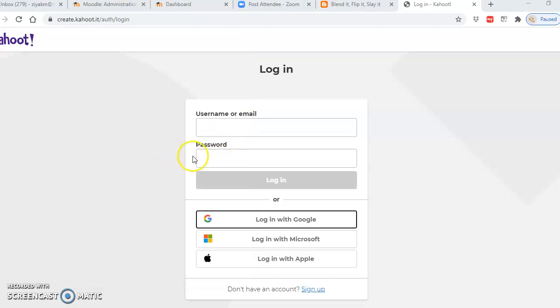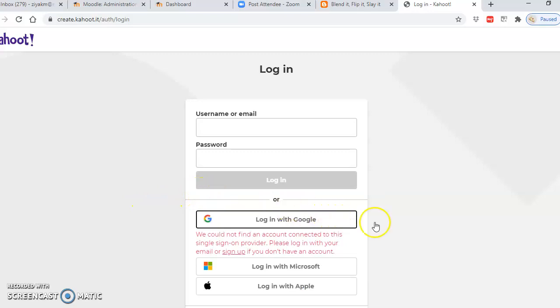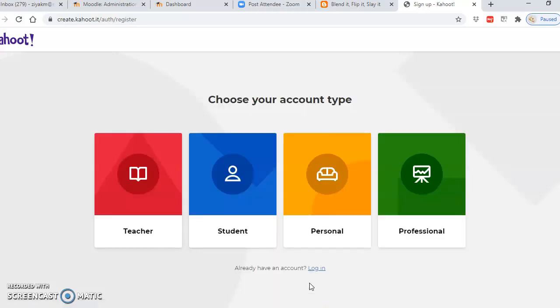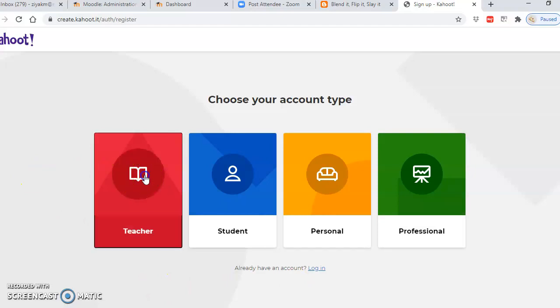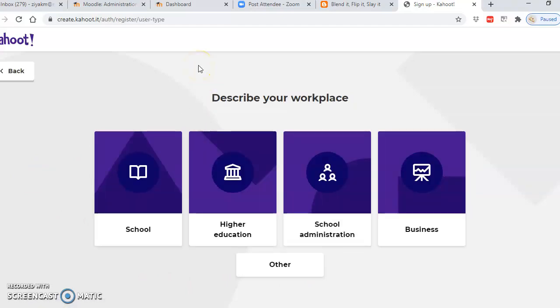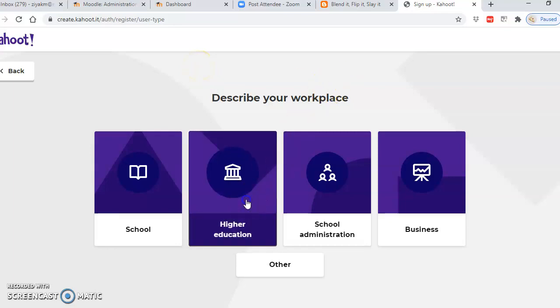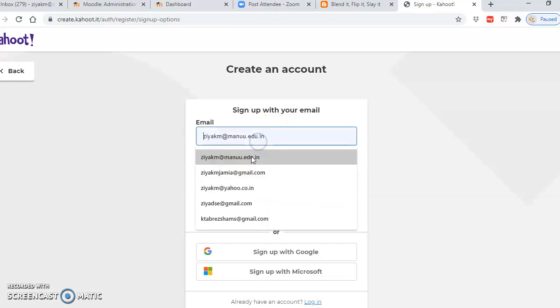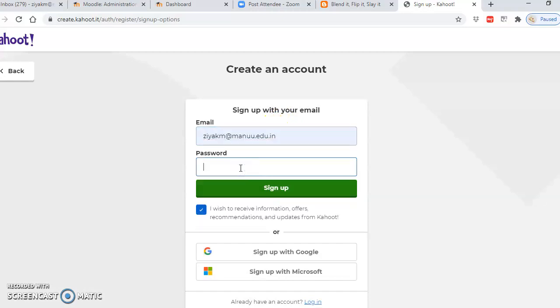Then you can test this Kahoot or play it now. When you say play it now, it will immediately share the game pin and ask students to log in. But before you do that, I usually make it one day before the class. So I test the Kahoot and get things ready, and that's it. That's all there is to Kahoot. You should all be able to make one Kahoot during your evening session.